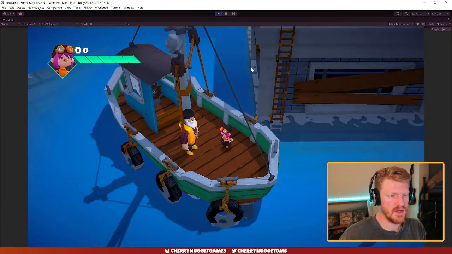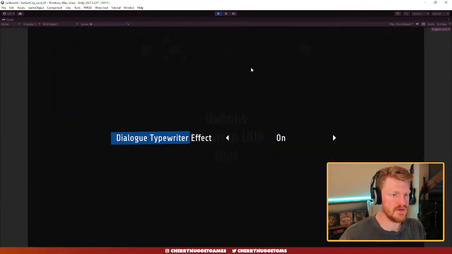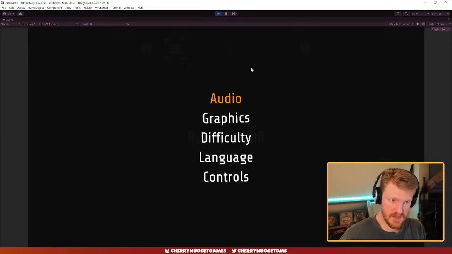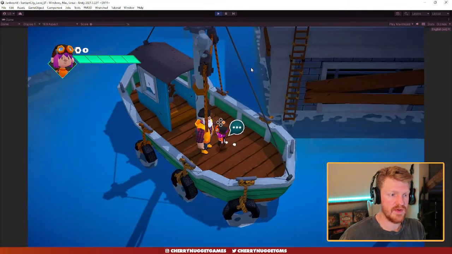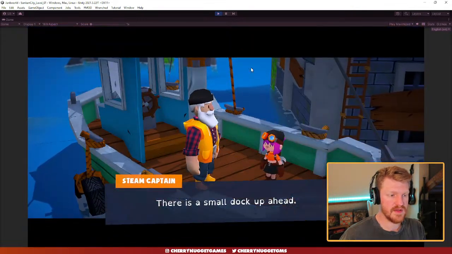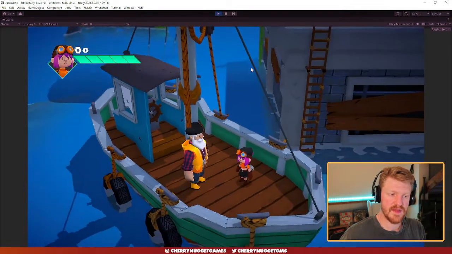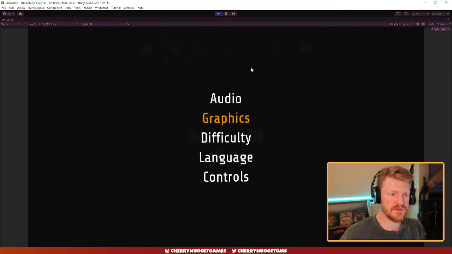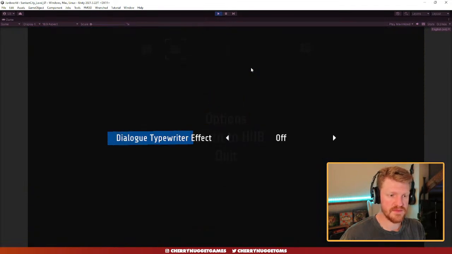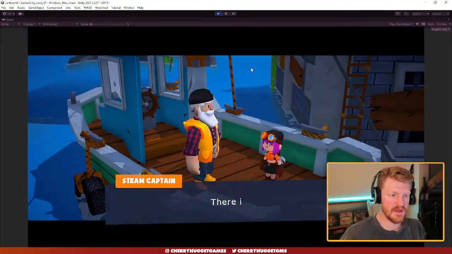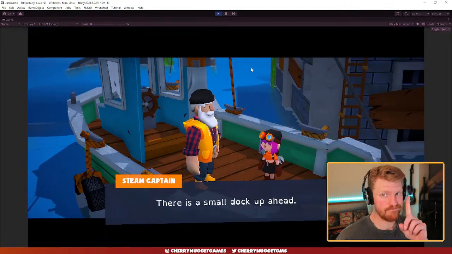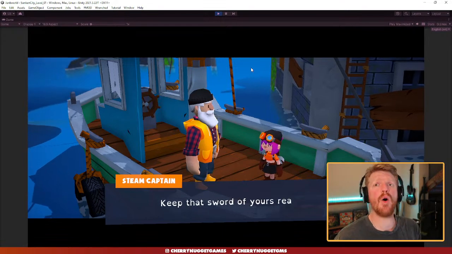All right. So now, if we go to options, we go to graphics, typewriter effect, and we turn it off. And we go back. And we now talk with Steam Captain. It doesn't do the typewriter effect. And if we now go to the options and go to graphics, turn the typewriter effect on. Yes. And we go back. Now he does it again. So that is nice. However,